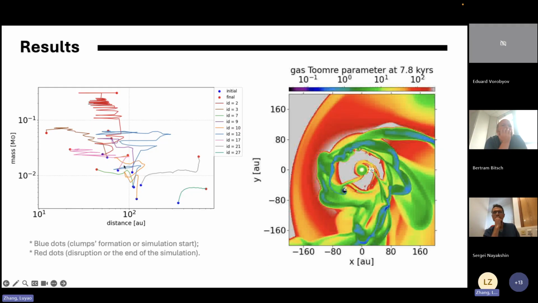On the left, we see the mass-distance relationship. Blue dots mark initial clump states, and the red dots are their final states. Most clumps form at a few Jupiter masses, but clump 2 grew up to about 0.3 solar masses after merging with clump 12. This sudden massive merger is particularly exciting since it may actually trigger an outburst, something we are